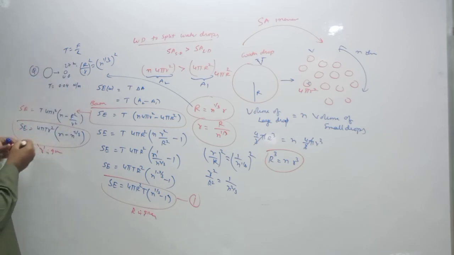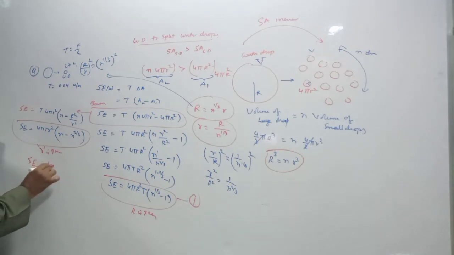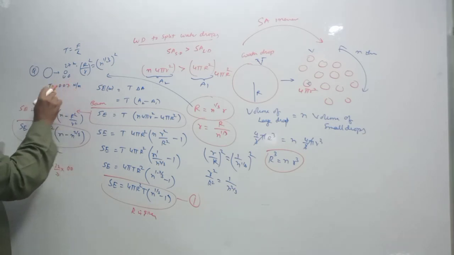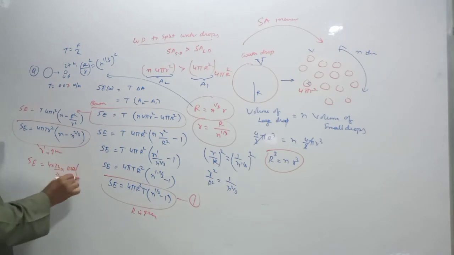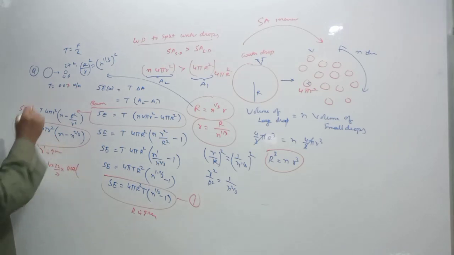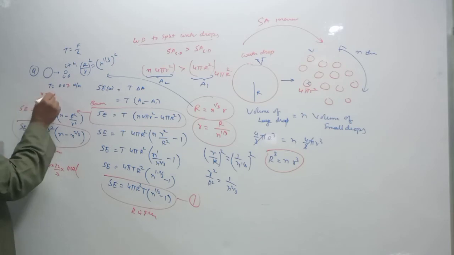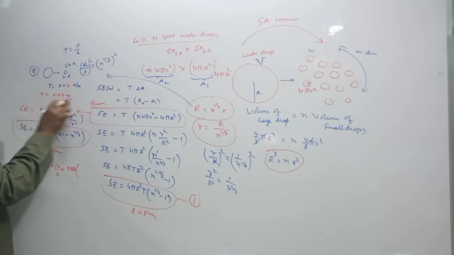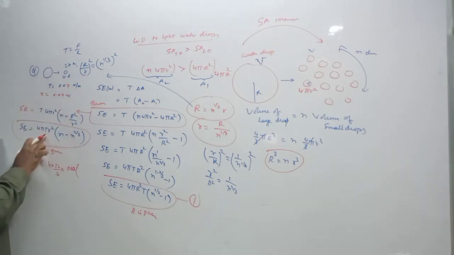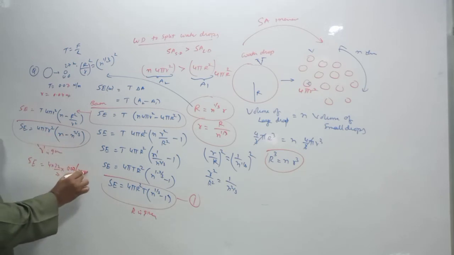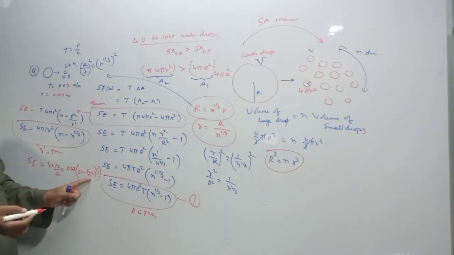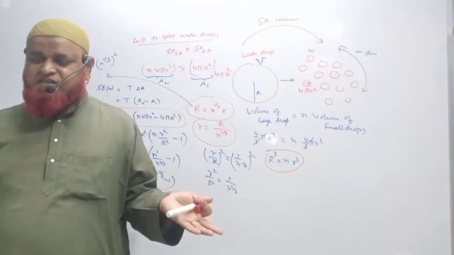Then what is the work you have to do now? Surface energy is equal to 4 into 22 by 7 into tension, 0.007. If he has given small radius as 0.04 meters, if he has given small r, you just apply this formula here. So in the place of n, you will write 27 minus 27 power of 2 by 3. Can you write 27 as 3 cube? He will give 27 or 81 like this.